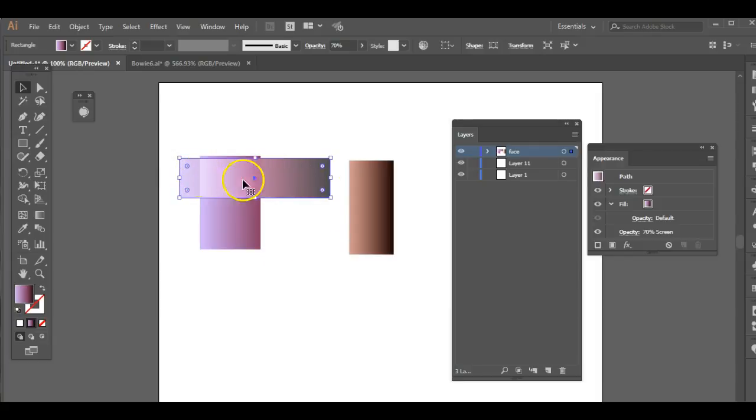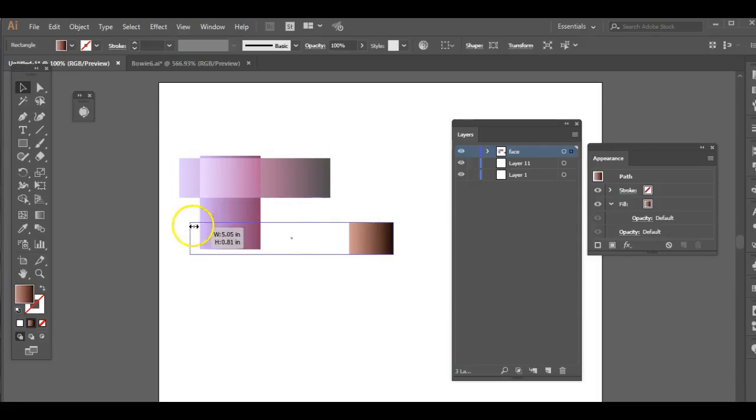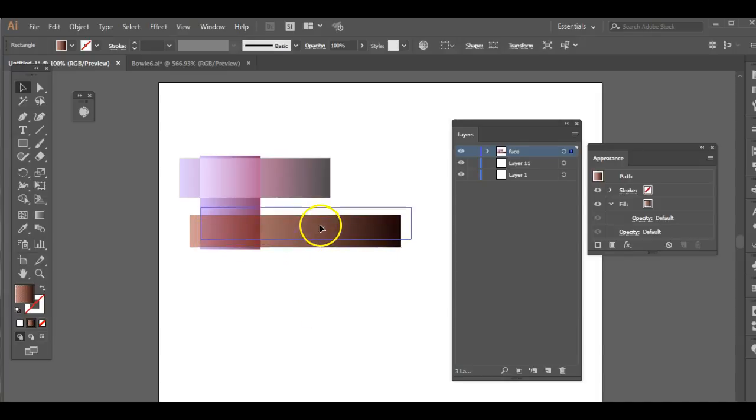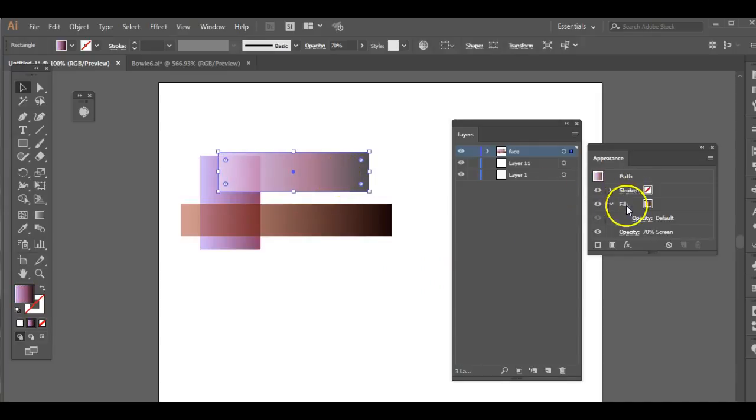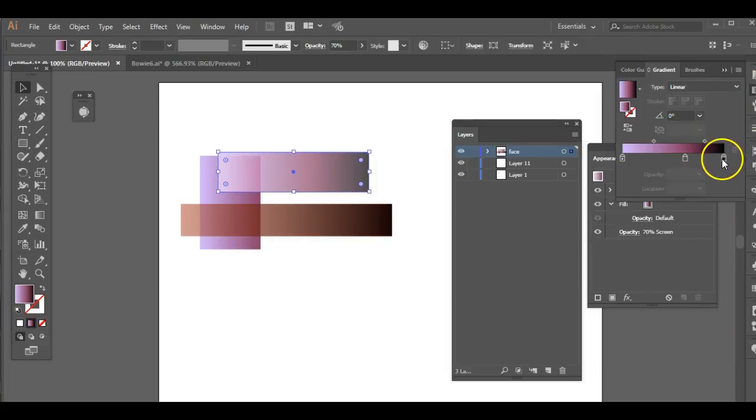So here, if I overlay some of these colors, I get what I like to refer to as a wash. Okay, the wash is a term that I picked up from watercolor painting, and you'll notice that we're able to see things underneath here. So let's say this is my screen, okay, and if I look at that gradient in my gradient window, let's grab that. It's over here. Okay, you'll notice that I have a black. Okay, so for the screen,